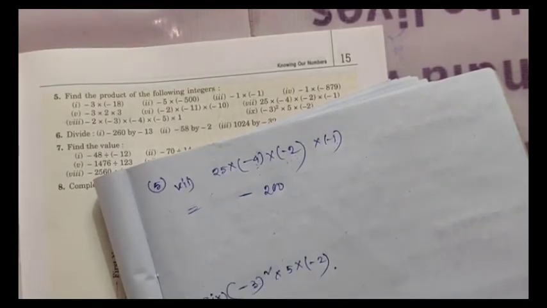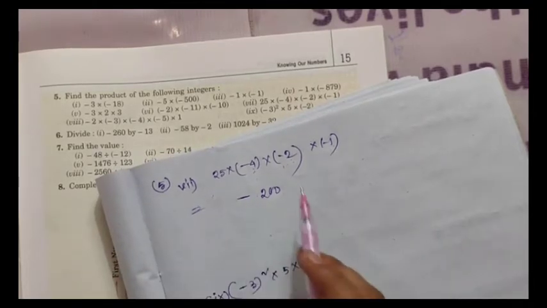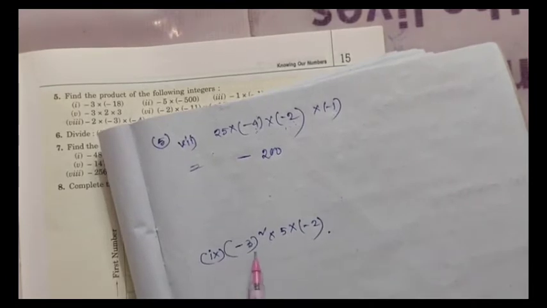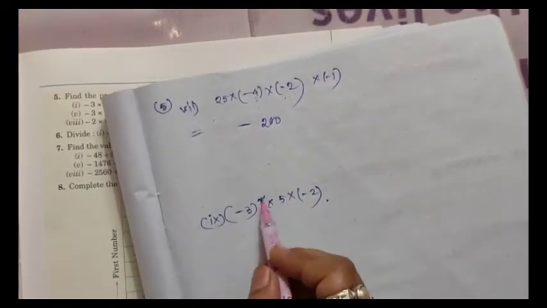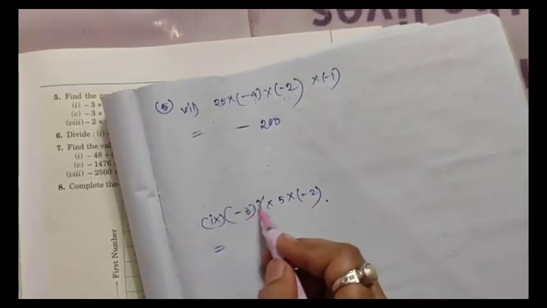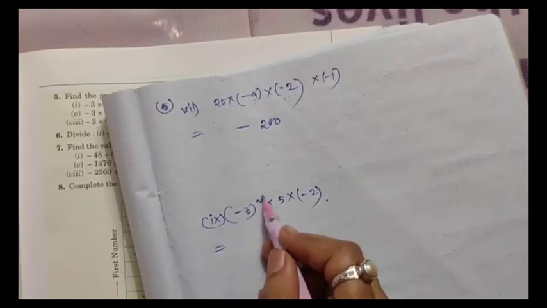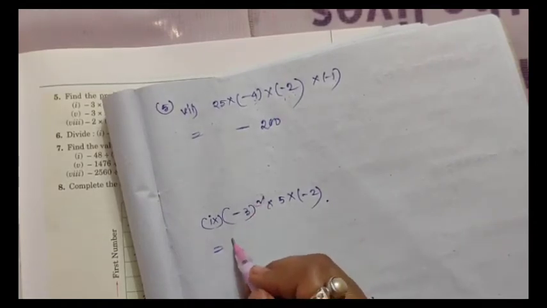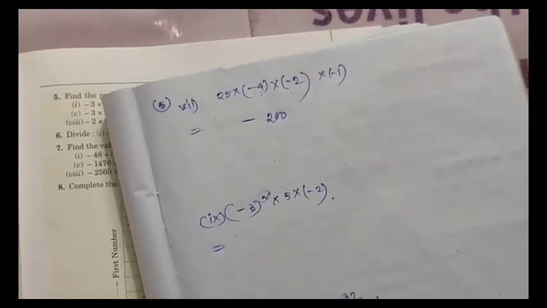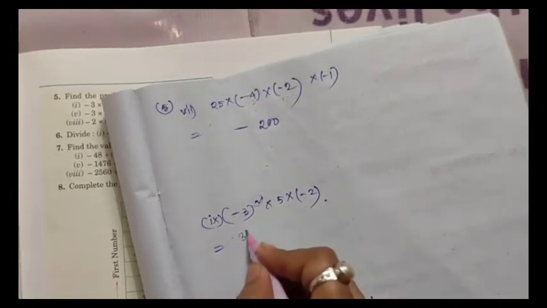As minus occurs an odd number of times, you need to put a minus sign here. Next, question number 5.9: minus 3 to the power 2. When the power of the minus sign is even, then if there is an even number after the minus, it becomes plus. And 3 to the power 2 means you need to multiply 3 two times, that is 3 multiplied by